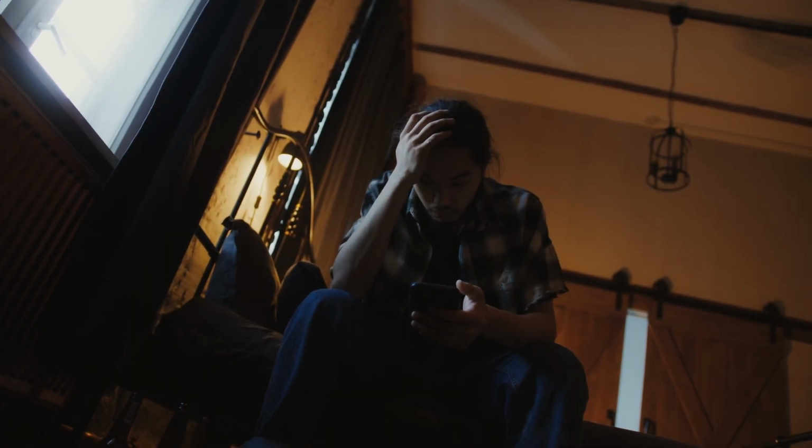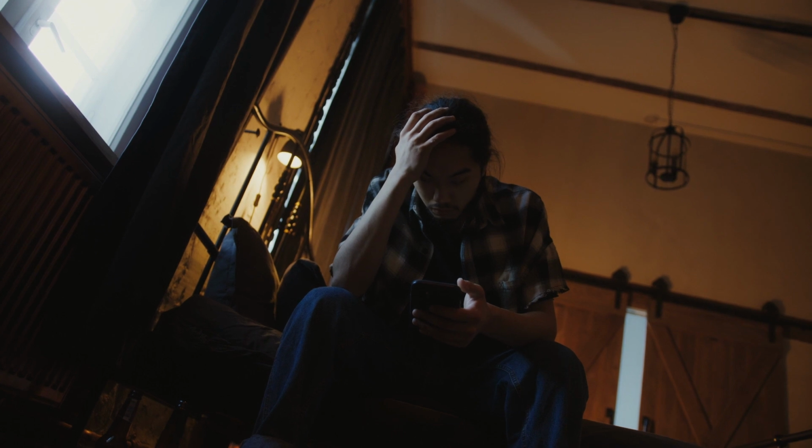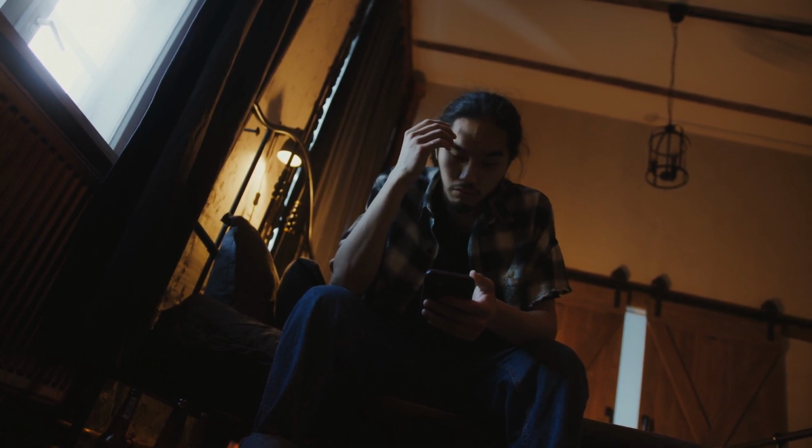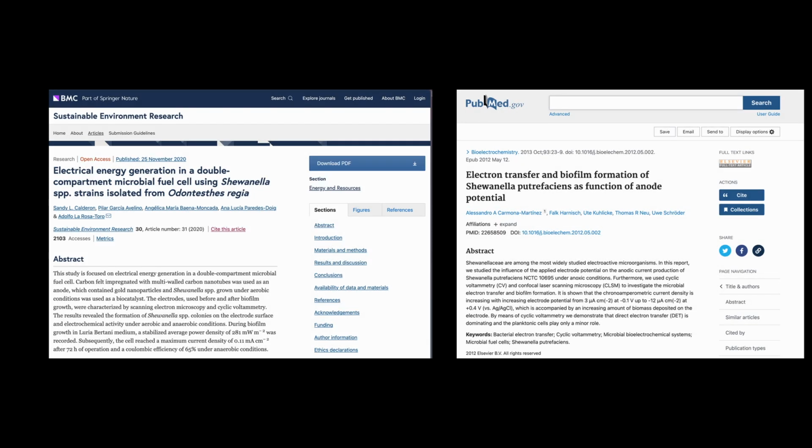Initially, we were at a loss when it came to the research phase of building a microbial fuel cell. None of us had any prior experience with this type of project, so we had to start from the basics. We diligently read numerous research papers to gain a deeper understanding of the subject matter. Our mentors also suggested that we reach out to experts in the field for guidance, so we sent emails to